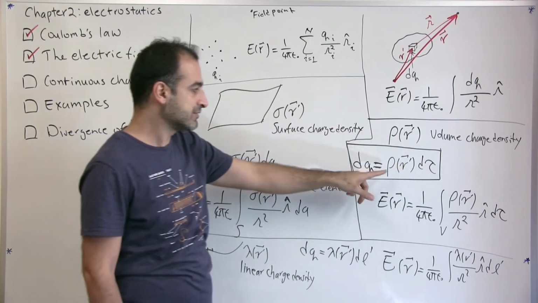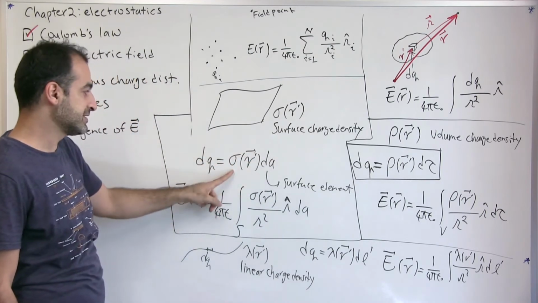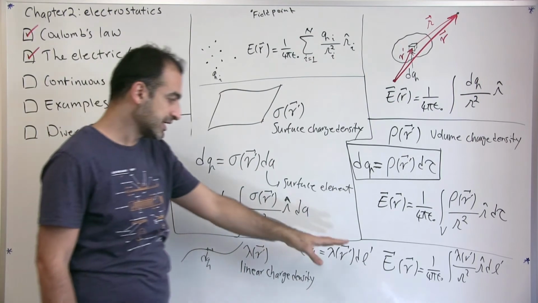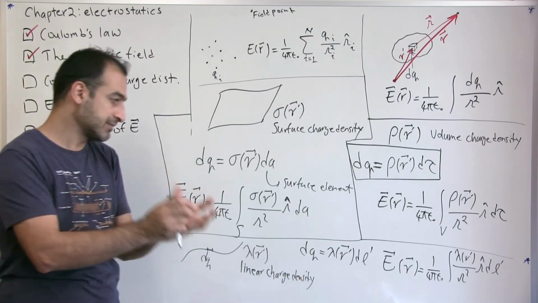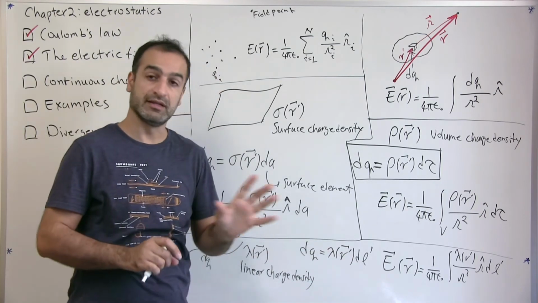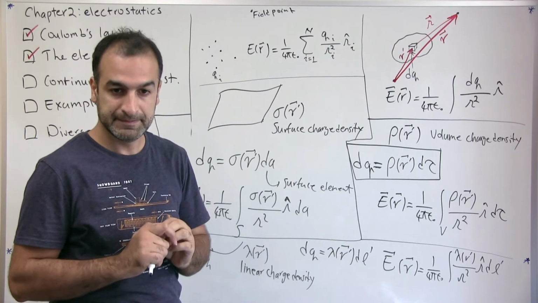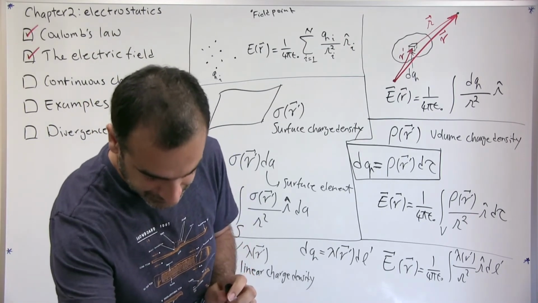For volume, it's volume charge density times elemental volume. For surface, surface charge density times surface element. And for the line, same idea but a different type of density: linear charge density times length. Sounds good? I'm going to do one example